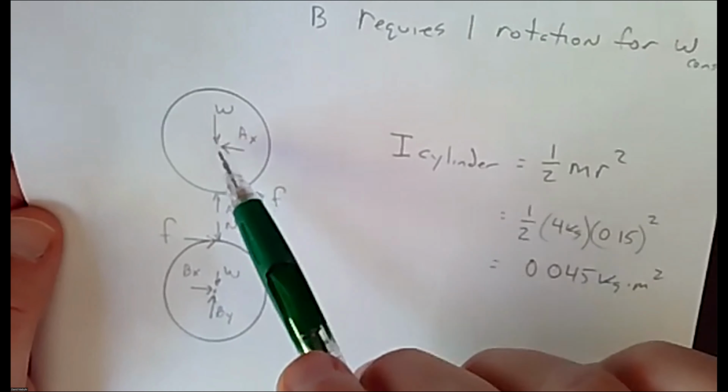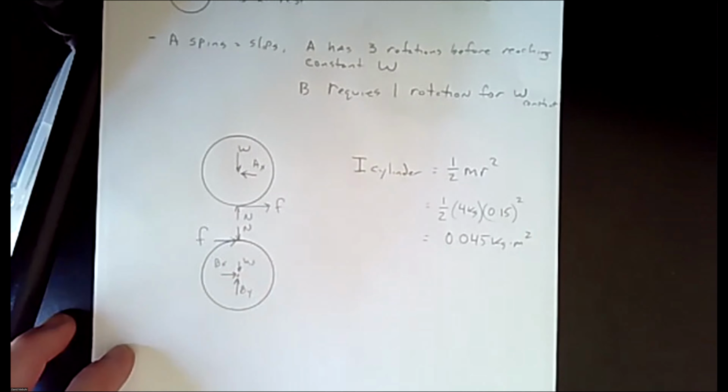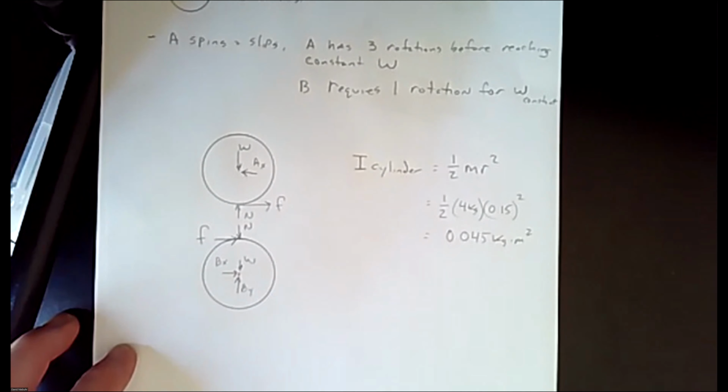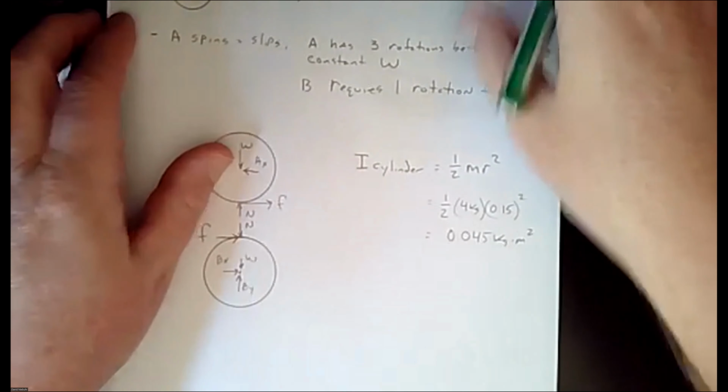And so I cylinder, the moment of inertia, is going to be 1/2 mr squared, and that's going to equal 1/2 times 4 kilograms times the radius squared. So we get 0.045. Okay, so we have some of the basic values for it. Okay, so let's work through it. Now, we know that for cylinder A,